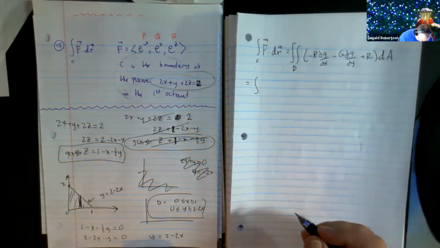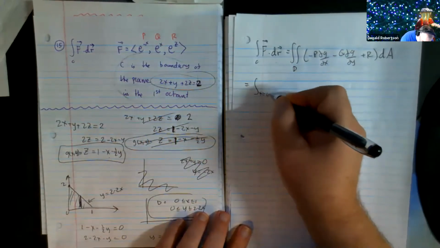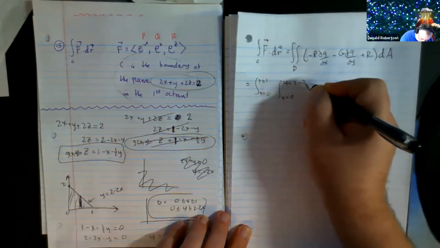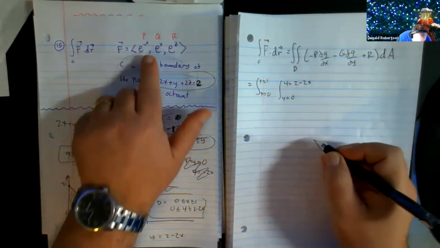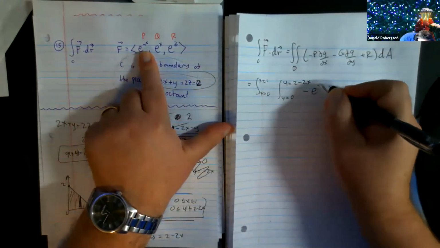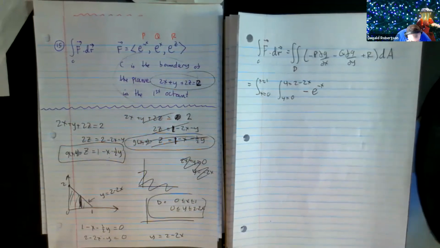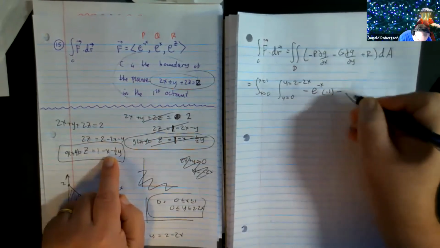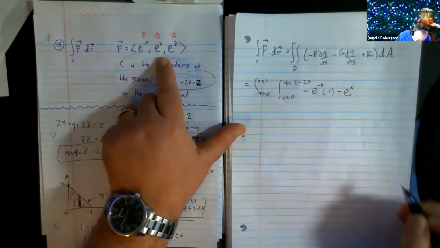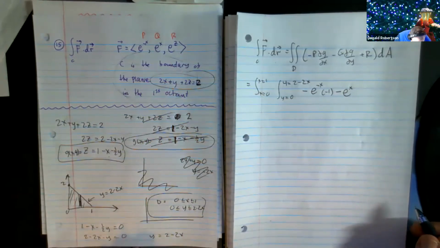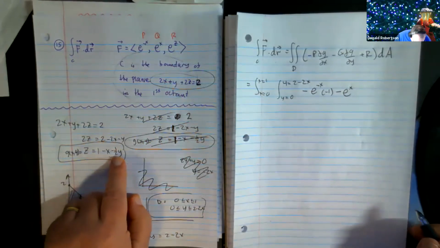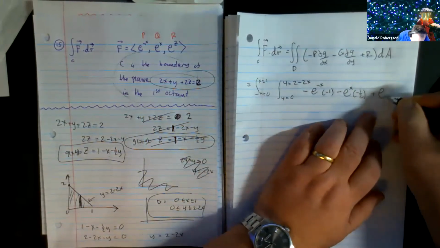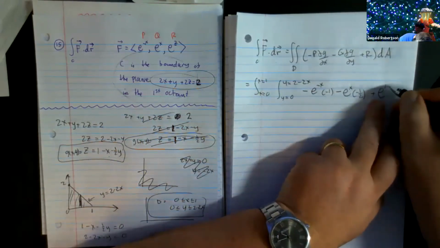And we are going to be using x from 0 to 1. We're going to use y is 0 to 2 take away 2x. And then we're going to do the negative of this ugly guy times the derivative of my g with respect to x, which is just negative 1. Then we're going to subtract this fella, and he's going to be dg by dy. And if you differentiate this guy with respect to y, you get negative a half. And then you're going to have an e to the z, which is going to be this guy,